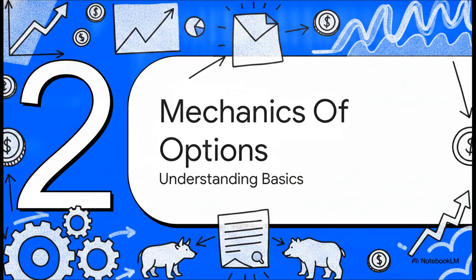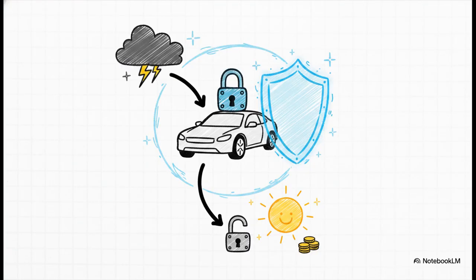Section 2, the mechanics of options. Let's see how this builds into our primary focus for today, a very specific and massively popular type of derivative known as an option. To really grasp this, let's look at a practical, everyday example from our source material. Imagine a guy named Mr. X. He wants to buy this new car launching next month, but he hears a rumor that the GST tax rate might spike.